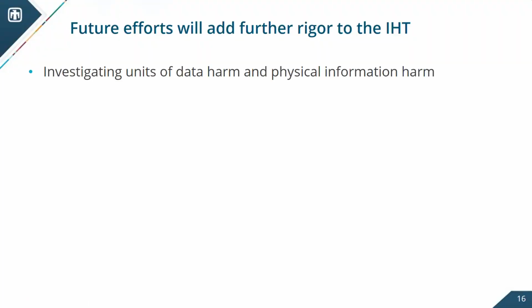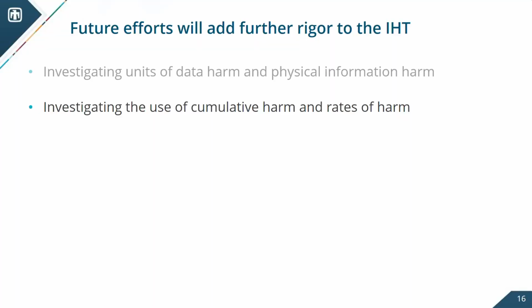We want to look at how do we investigate data units and physical information harm. So with the reactor coolant pump, we had kilograms per second. For the steam generators, we had pressurizers, right? So we had pascals. Those things don't relate correctly. But there is one concept, there's one property that is in both data and control systems, and that's entropy. So we're doing a really large effort to discover what are the linkages between entropy, between data and physical information harm that could apply and normalize these approaches.